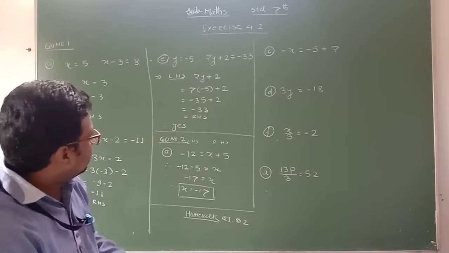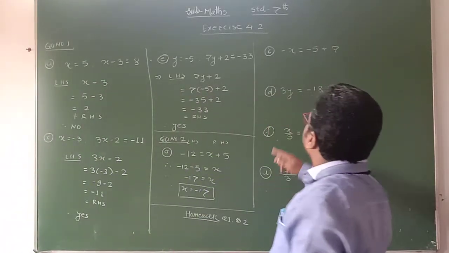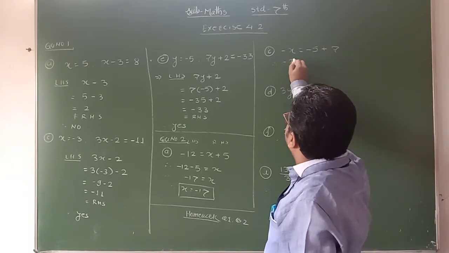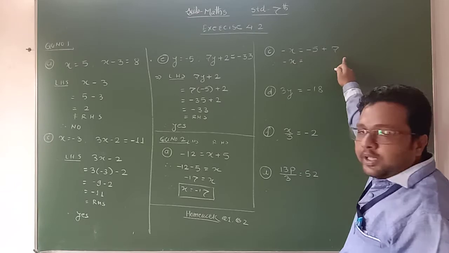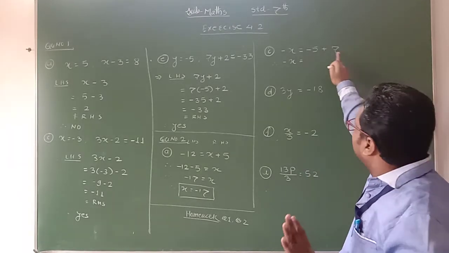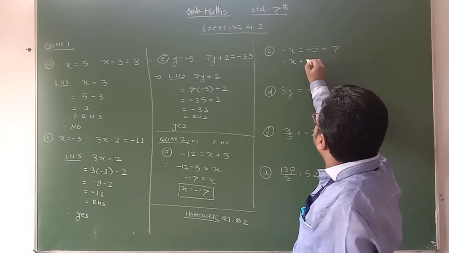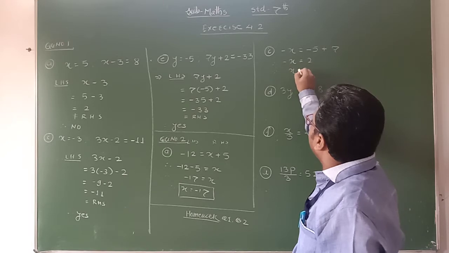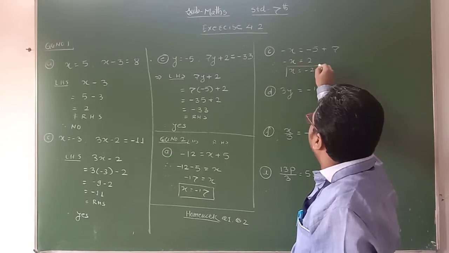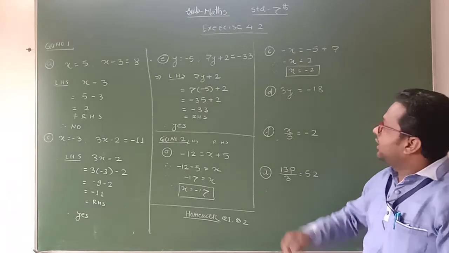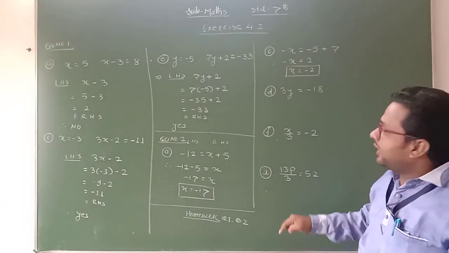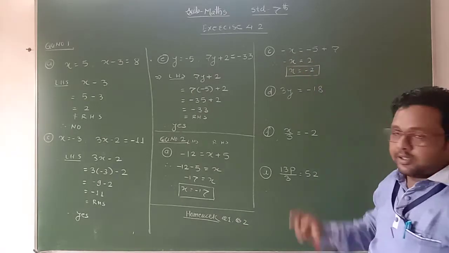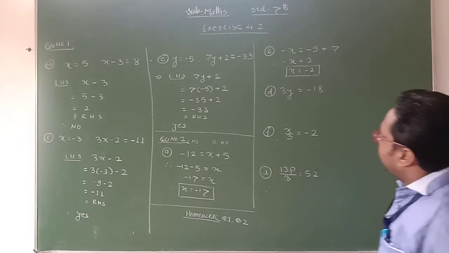Here I take a question. Let's see the example. Equation is given: minus x is equal to minus 5 plus 7. What is the variable term? Minus x as it is. Minus 5 plus 7, and same side numbers are there. Their subtraction is what? 2. Okay. Therefore minus x is equal to 2. Therefore x is equal to what? Minus 2. Here we multiply both sides by minus 1. Clear? Minus x into minus 1, that is plus x, and is equal to 2 into minus 1, here we get minus 2, or we can change the sign. Clear? See the next example.